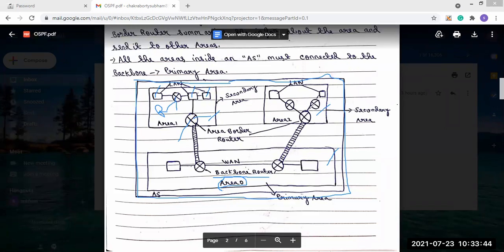But if there are n number of areas present, then the number of backbone routers will also be n, because otherwise the information will not be able to travel. So that's how the communication works.